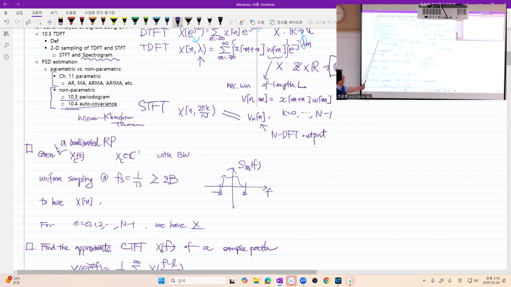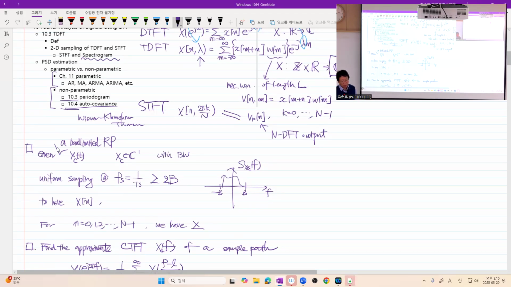So in section 10.3, we've seen what the definition of periodogram is and why periodogram gives us some estimate of the PSD. And in section 10.4, it was just mentioned that you estimate the autocorrelation or autocovariance function and then Fourier transform it to estimate